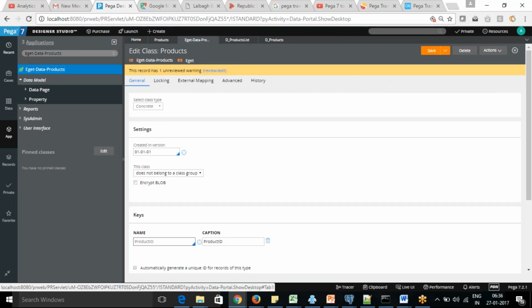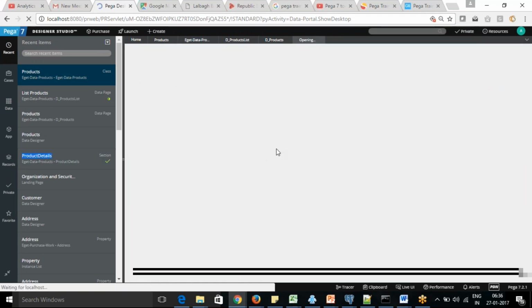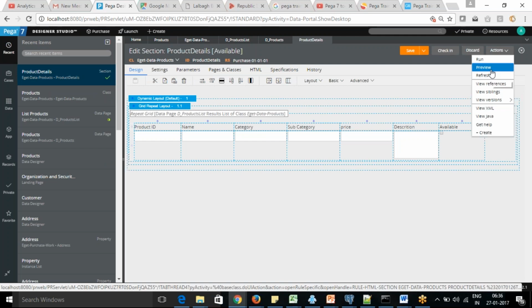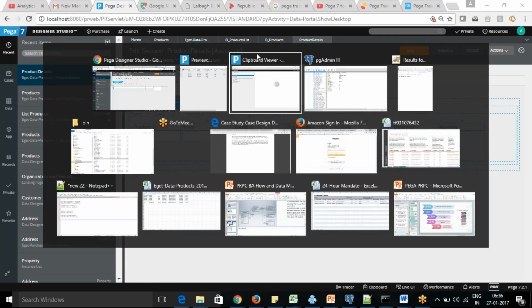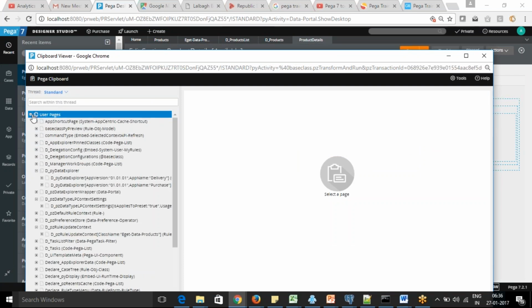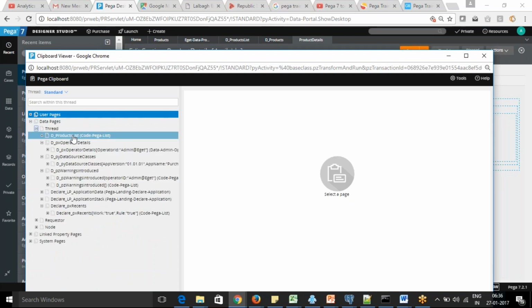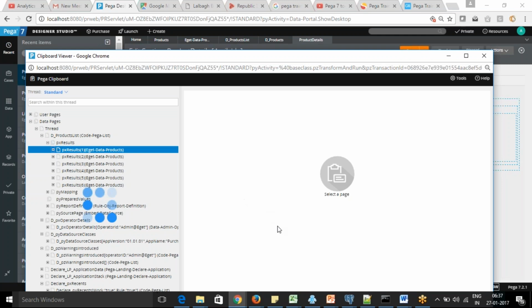So if we try to run the section which we ran yesterday, and I do the preview of it, once I do the preview, it will also create the page in the database source here. If we say standard, and go to thread level, it will show you the product list as well. So you can see that it has now created the product list page, and all the results will be stored in PX results like that.